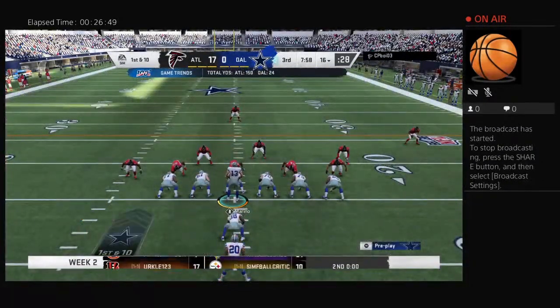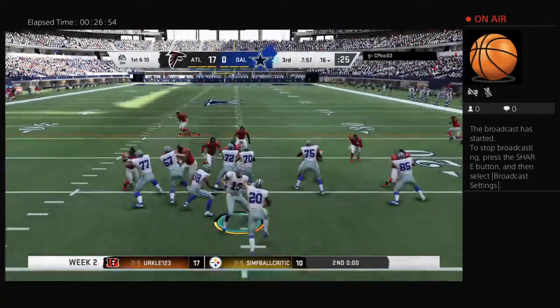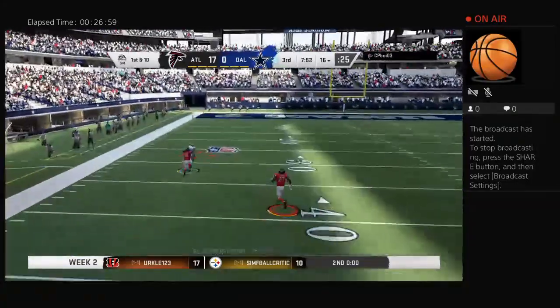About set for this next drive by the Cowboys offense. And that first half, one to forget really on both sides of the ball. They got to find some way to string something together here, don't they? Yeah, they're down big right now, so as you...